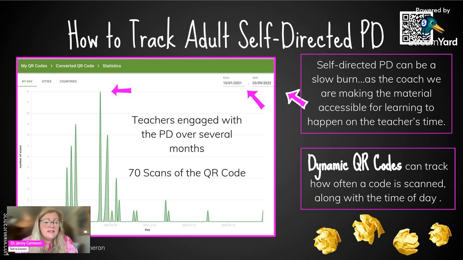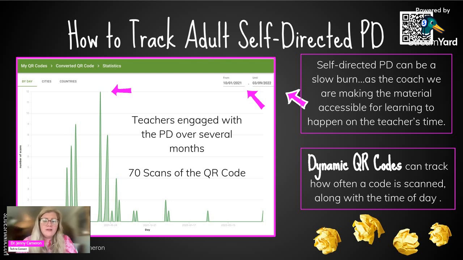And you could see that close to when I handed it out, there was more engagement. But also, I pulled this up from October to March. So this is the longevity of this QR code, which I had printed out. People had kept this flyer and it had longevity. You could see over time, people still were scanning it. So this was some information that let me know that not only had I planned to do building relationships with students as my October PD, but teachers were scanning it throughout the